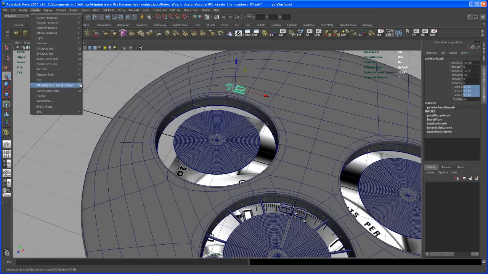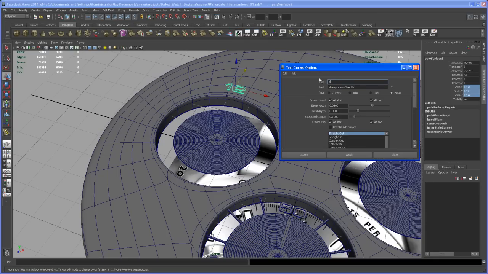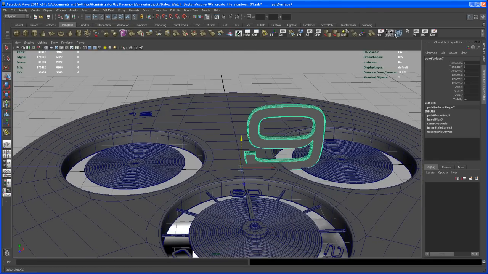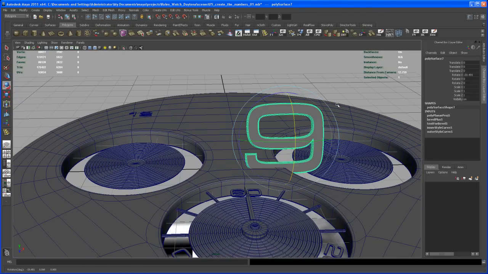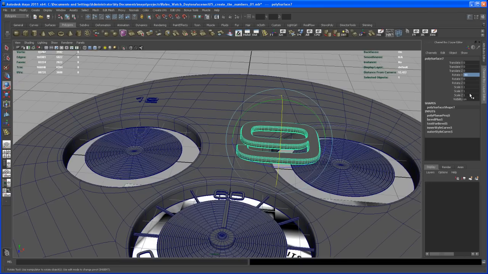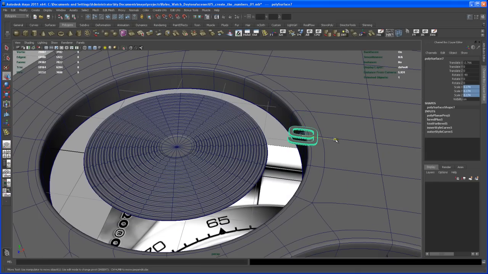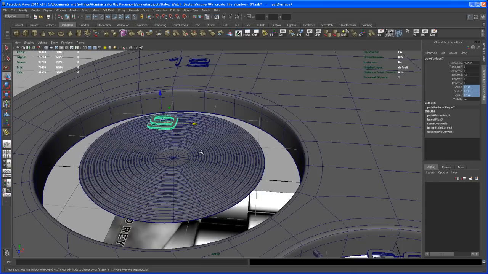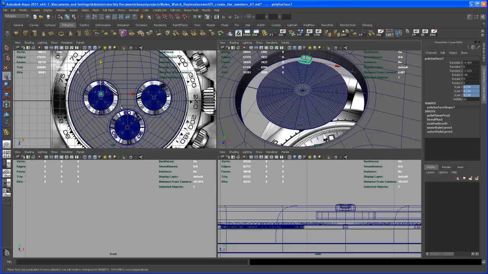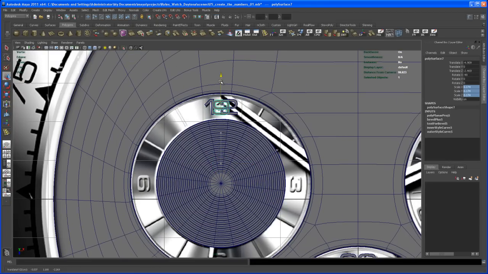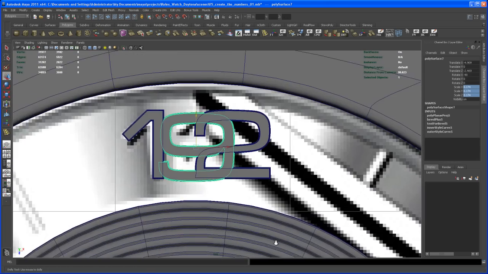Go to create, go to text, type in 9. And say apply. And again, so let's center the pivot. Let's rotate that guy -90 in X. And let's scale that down 0.174 and move this guy into the center here. And then go to the top view and bring this guy somewhere in the position of that 12,